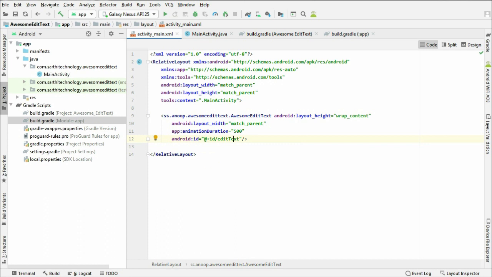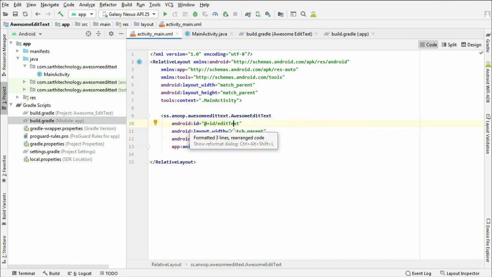Okay, press alt control L for the formatting, and now if you run this you can see the magic. So run.